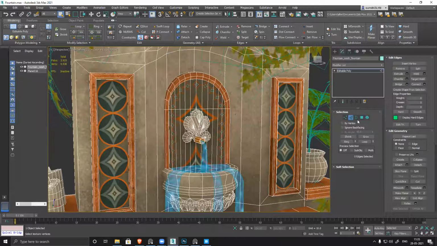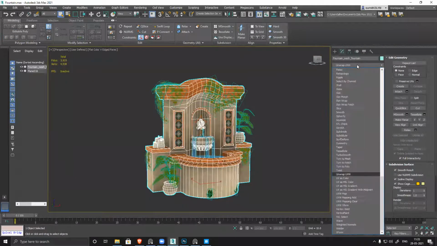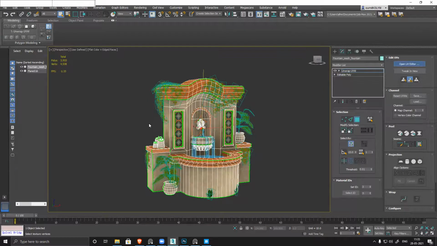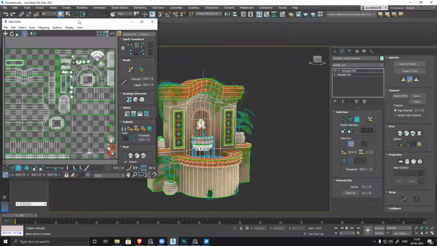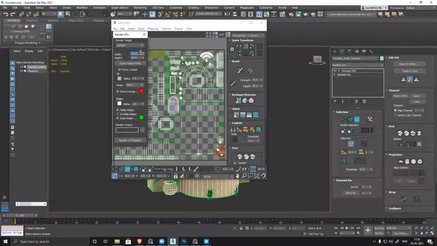It's not there anymore, so the easiest way will be to take a screenshot of the UV one more time. Four zero nine six, 4096.